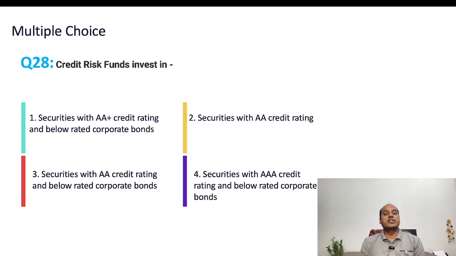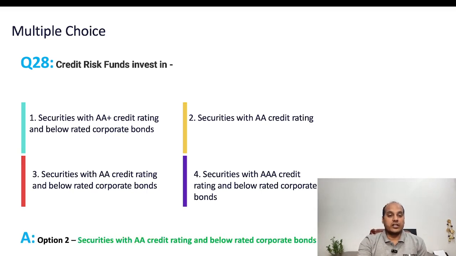Credit risk fund invests in securities with AA rating and below rated corporate bonds. This is absolutely right, because if it is AA plus, then it's a corporate bond fund. Always remember, that's a key difference between credit risk fund and corporate bond fund. Option 1 is correct. Securities with A rating is wrong, third is wrong,